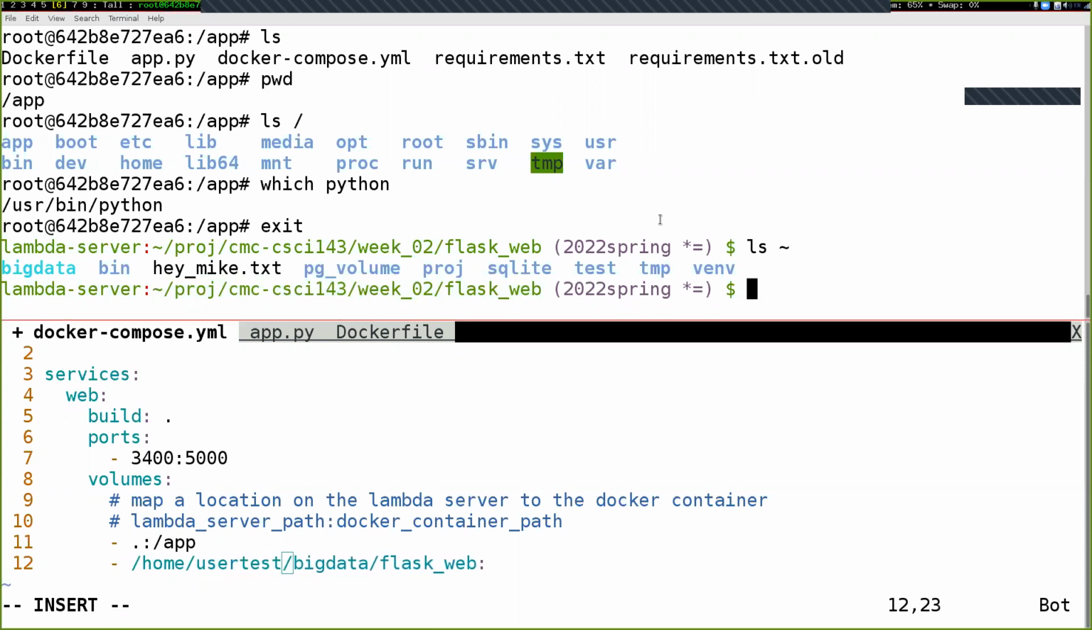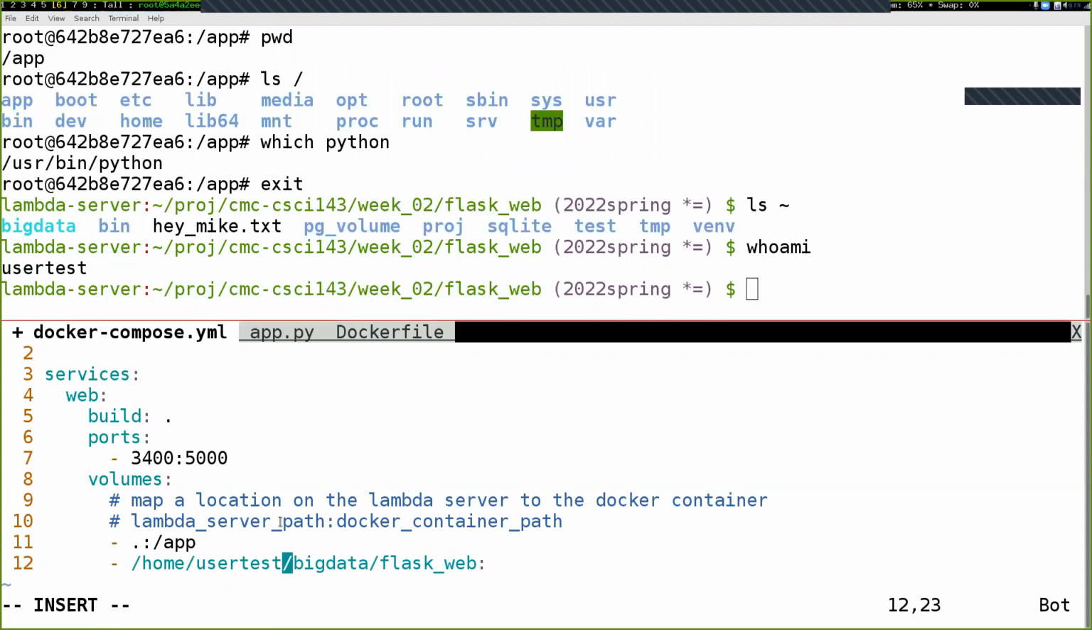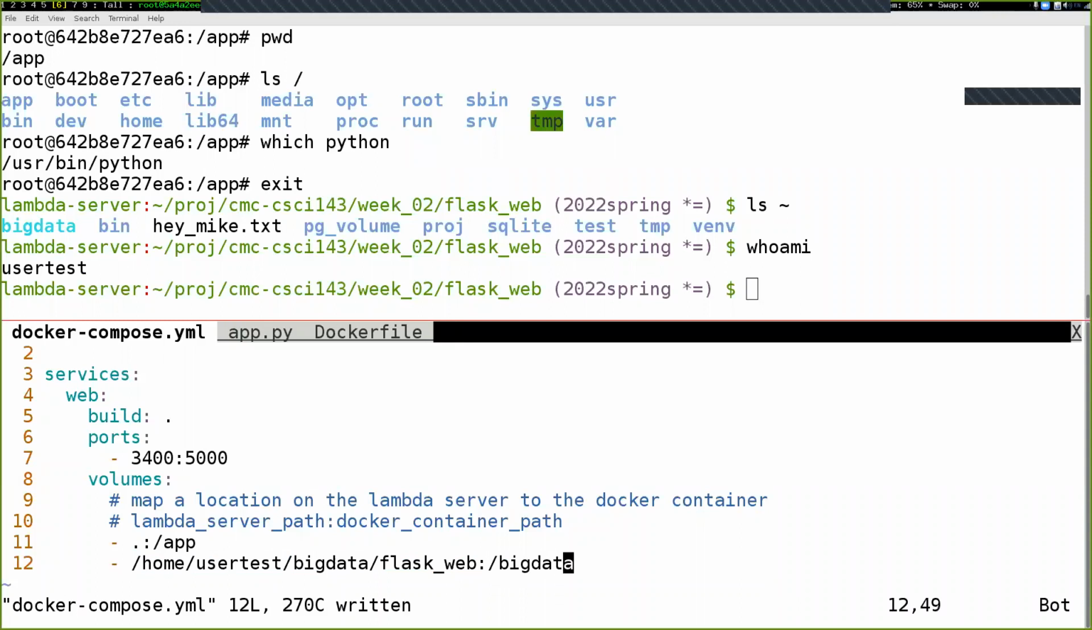/home/user test, my user account name. Who am I? I am user test. So this goes to the FlaskWeb folder in my big data folder in my home folder. Again, that's to the left of the colon because it is on the Lambda server closer to me. I want to map this onto the Docker container into /big data. And now I'll have a folder called big data inside of the Docker container that I can use